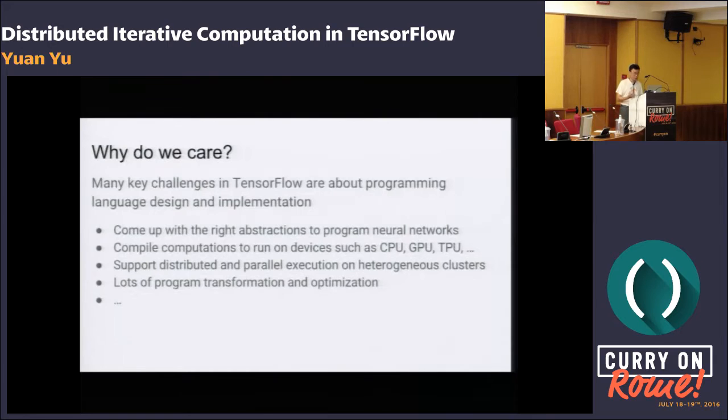That is the problem we need to solve. And there are also a lot of program transformations and optimizations. Believe me, it's very, very challenging, and also very, very relevant to the programming language community.